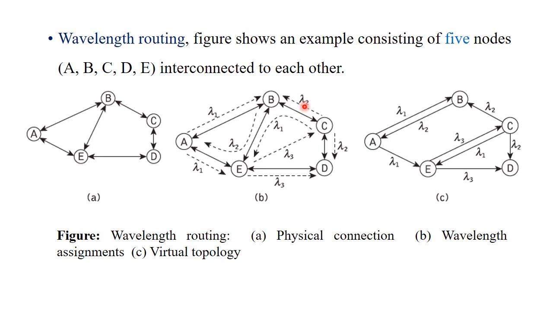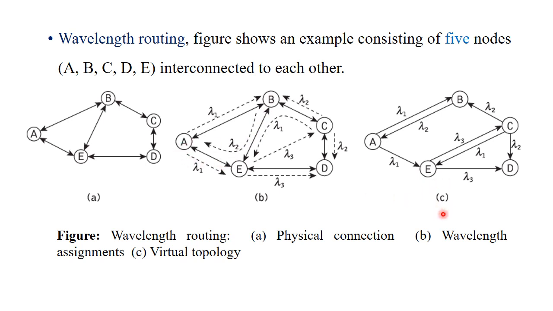Now let us consider an example. Let us consider A and B are communicating mutually. If A wants to make a transmission to B, it is going to make use of this particular path with the wavelength lambda 1. Now simultaneously, remember simultaneously, if B wants to transmit back to A, then the same path cannot be used since it is already in use. Now B is going to traverse through the node E to transmit data to the node A. That is what is represented here. So this is the wavelength assignment we are going to have.